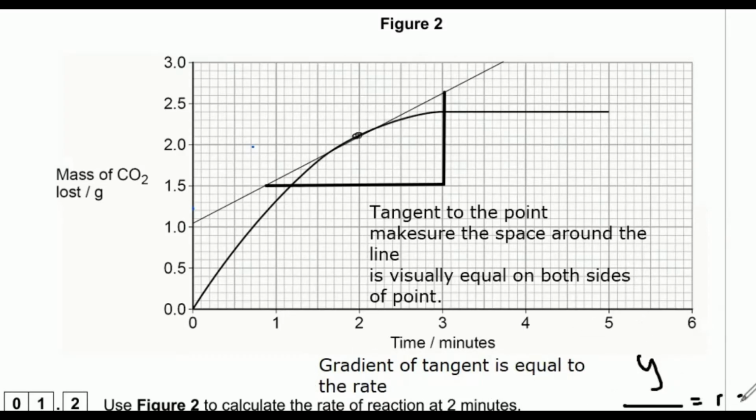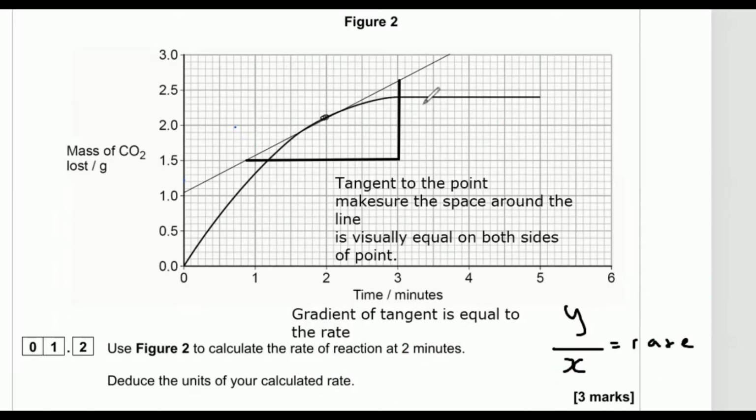So I'm basically doing y over x here. Going up on my y-axis, I can see I've got like 11 little squares, maybe 1.1 to 1.2. I'm going to call it 1.1. And then along the bottom here, we've got 10 little squares, 21 little squares. So that's going to be 2.1 along the bottom. So I'm going to do 1.1 divided by 2.1, which is y over x, and I'm going to get